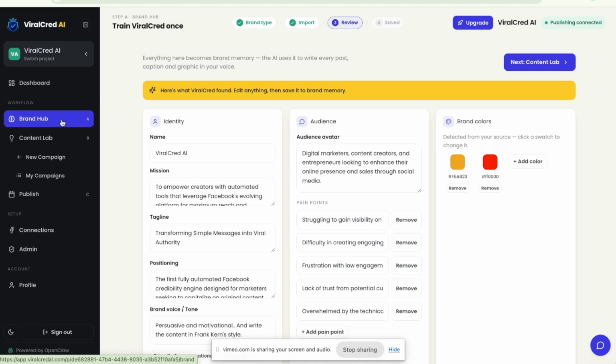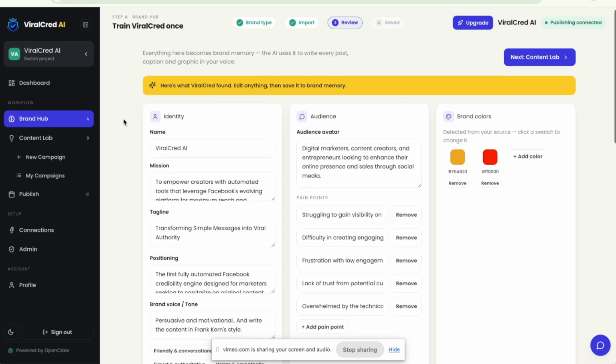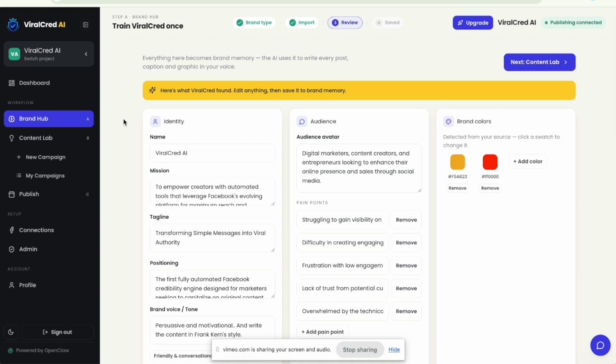I know this looks like a lot of information. Don't worry about it. When you are creating a new project, it will simply ask you everything step by step, and it will automatically generate all this information because OpenClaw works in the backend and finds all the information on your project, your company, your business, and then stores all that information right on this page. So that's the brand hub page, and it will be considered for each and every post that you create with ViralCred AI. So for that particular project, whatever information is being generated here and stored, you can always edit any information that you didn't like,